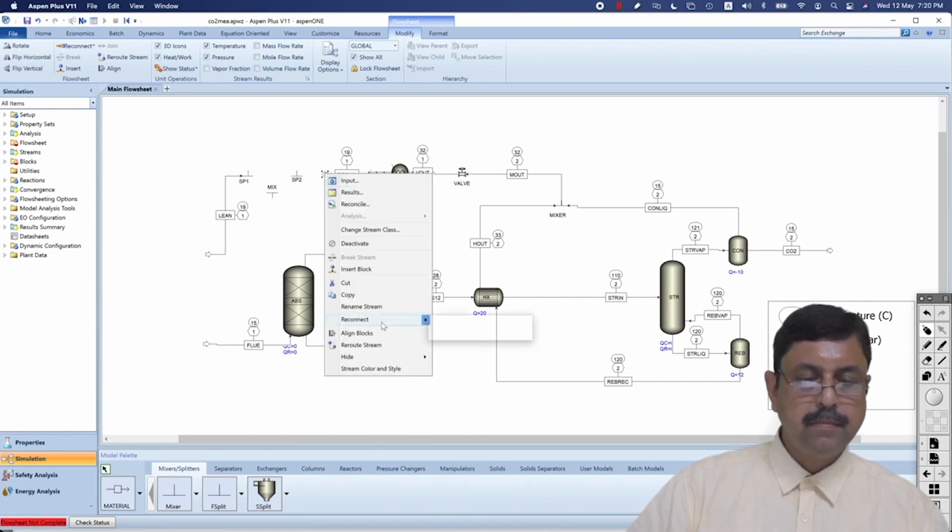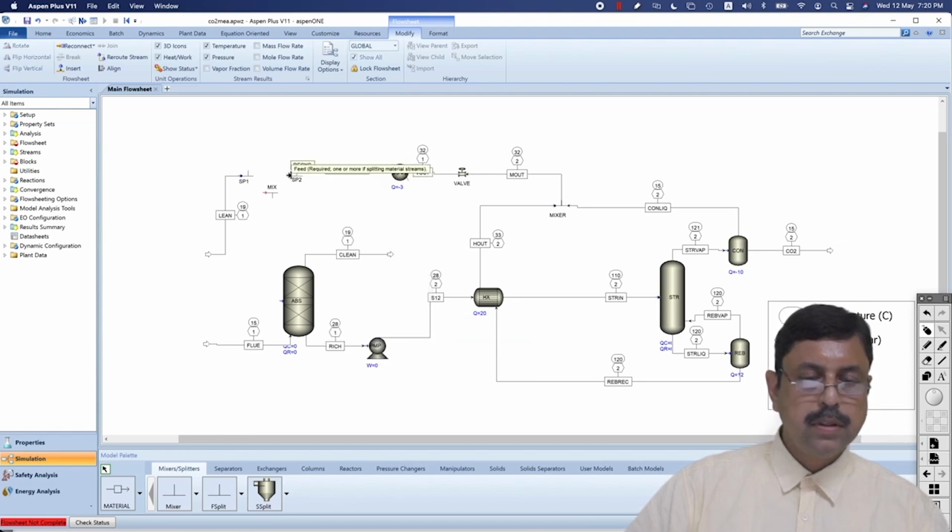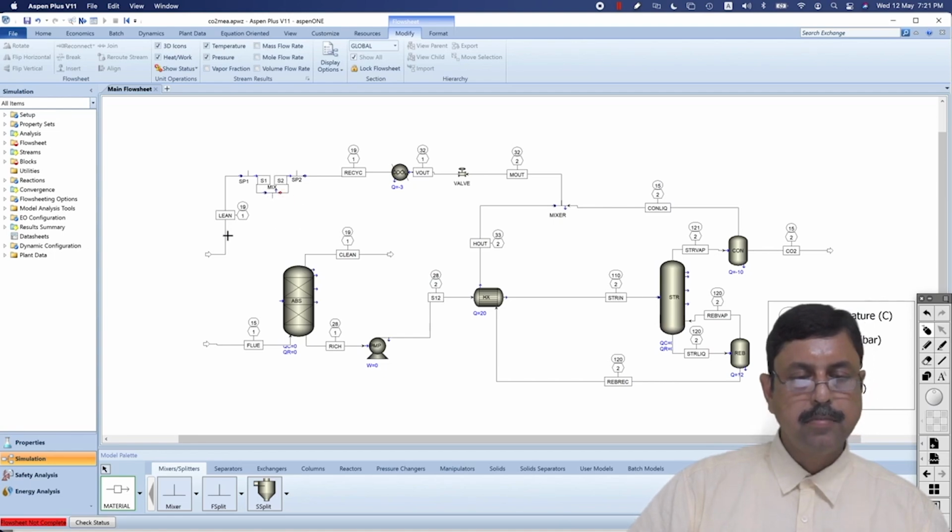Reconnect this stream to this destination. Then connect this to this destination and connect this to this destination, and the mixer output we connect to this one,